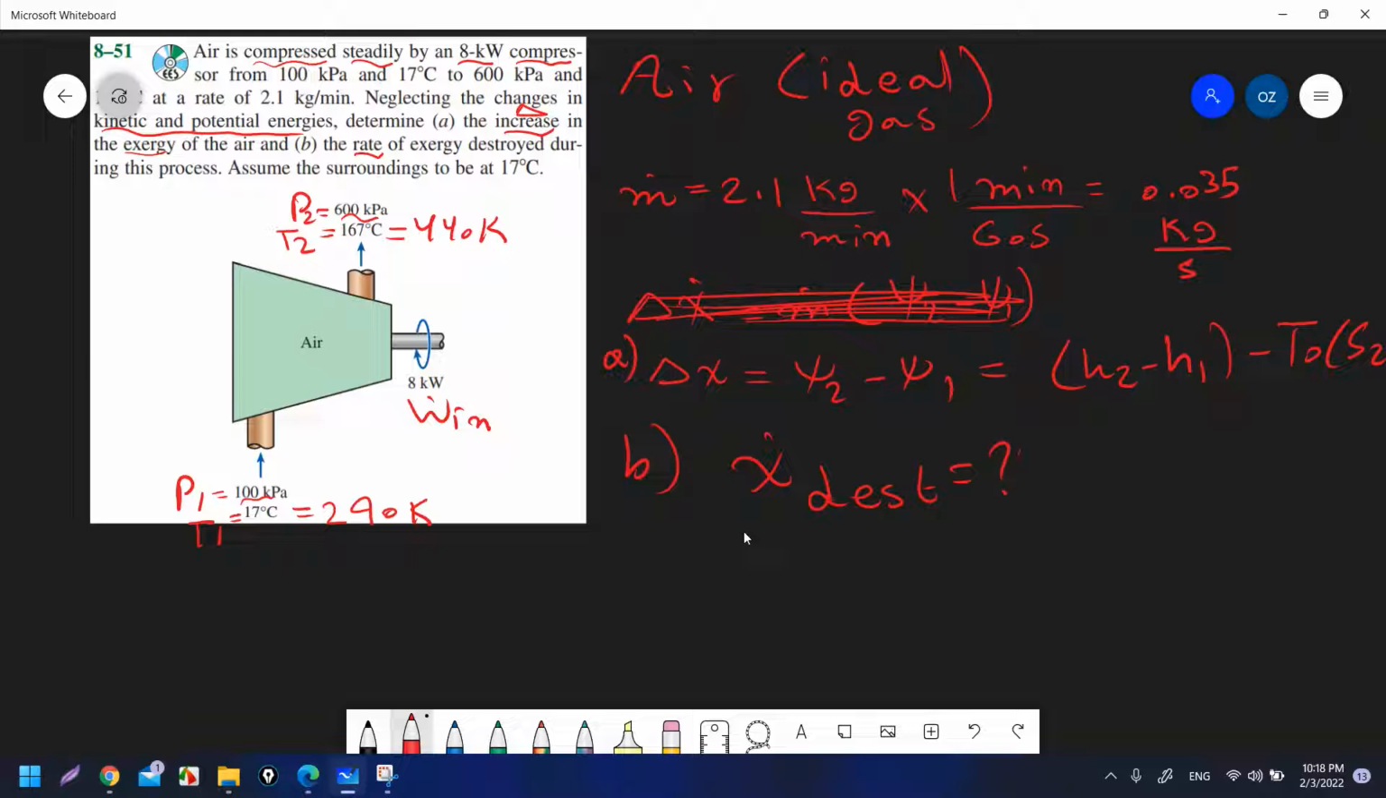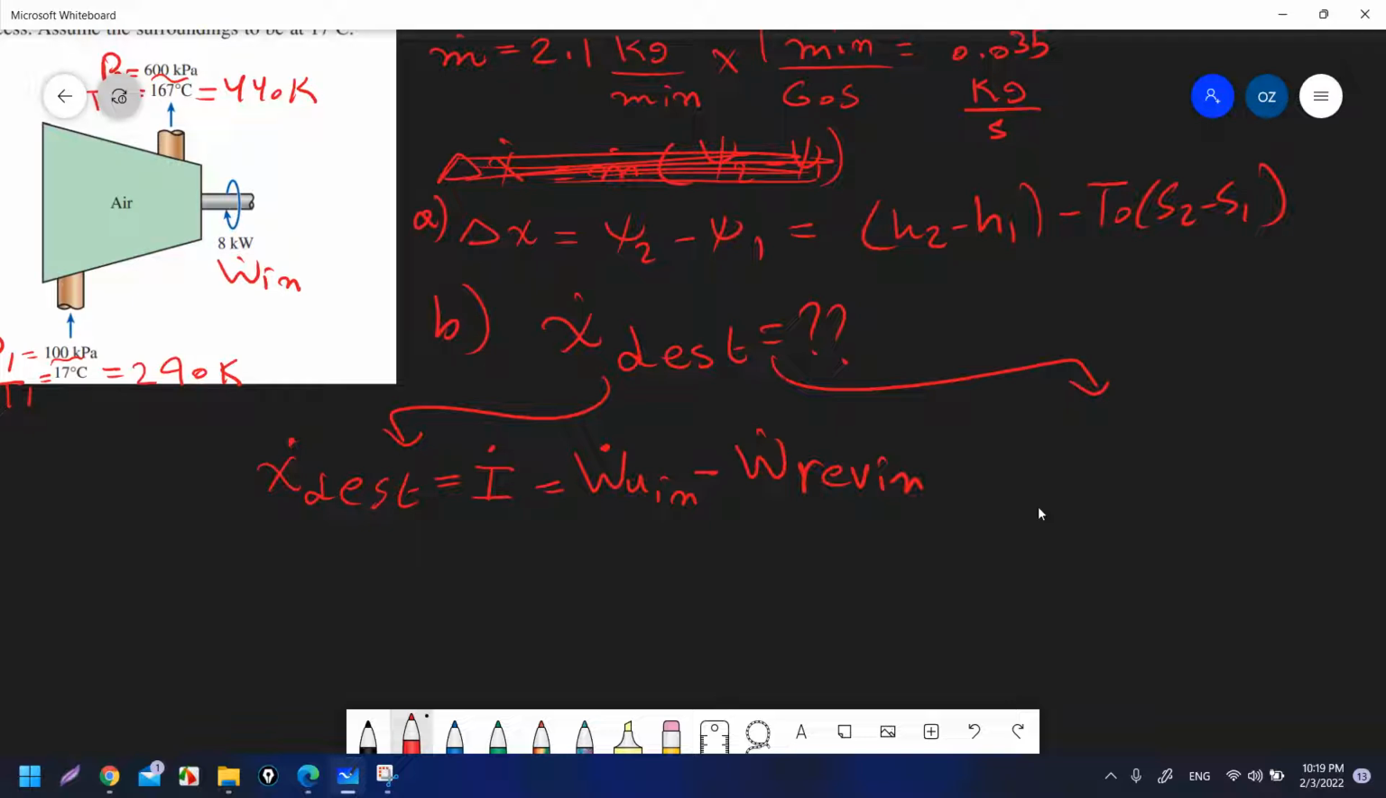And X destroyed, we usually find it in two ways. Either we say X destroyed, and here it is a rate, is equal to the irreversibility rate this time, and it is equal to work reversible useful in, and why in not out? Because now we are talking about a compressor and we have work in, minus work reversible dot in, or